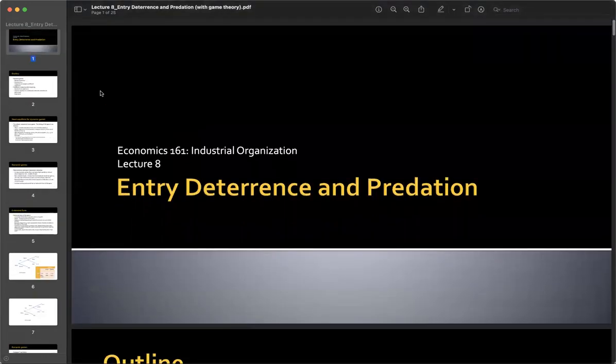So we finished with some simple dynamic oligopoly models, right? With Stackelberg price leadership. The next topic is related to dynamic games. Dynamic games are similar to those models in the sense that not everyone is acting at the same time. One is doing something first, which allows another firm to respond, or consumers to respond.